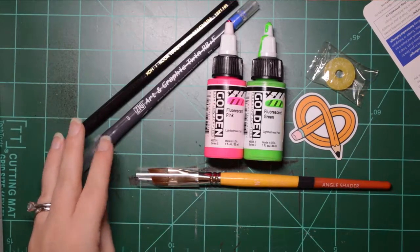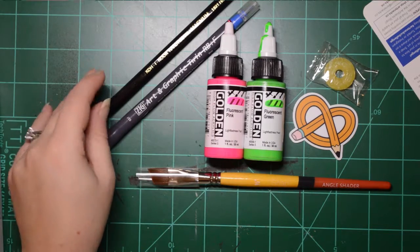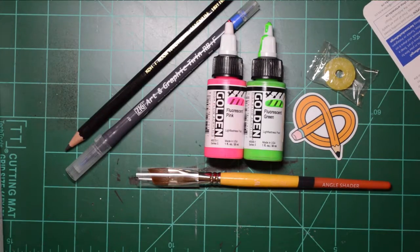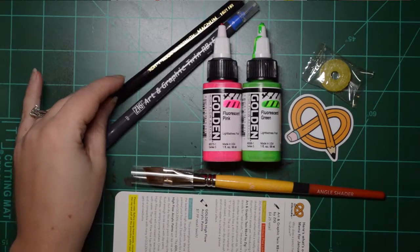So we got our new Zig marker and our pencil with the name I'm sure I'm pronouncing incorrectly. And that is everything in the January